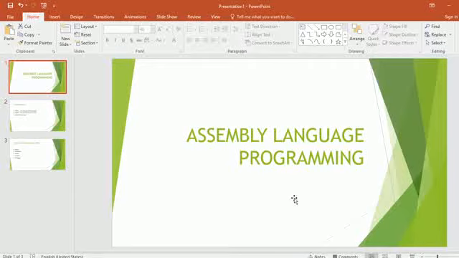Good morning, students. Today we are going to see a new topic in 8086 microprocessor, which is nothing but the assembly language programming. So in the last class, I think in our last 4 or 5 classes, we covered the instruction set of